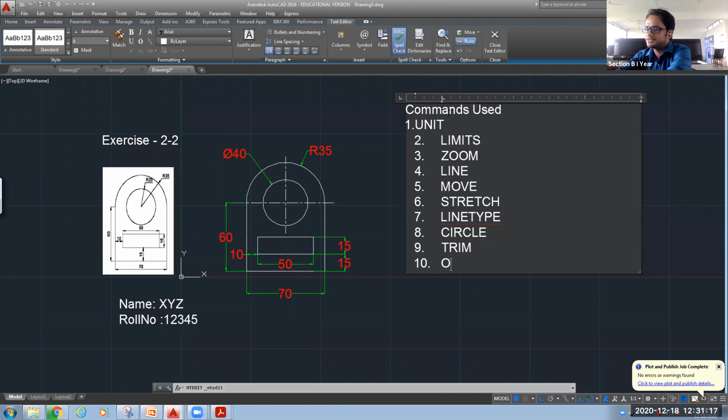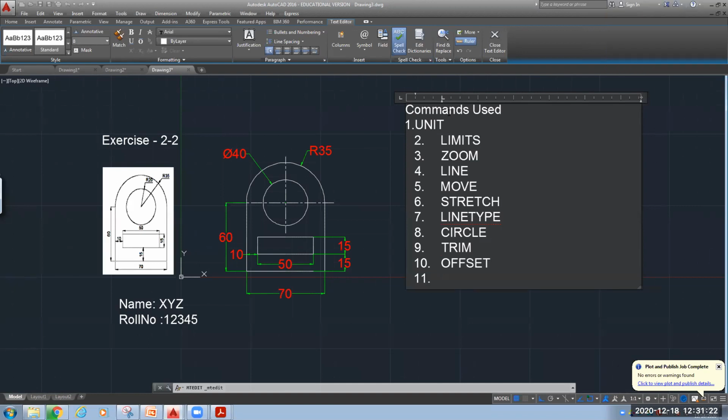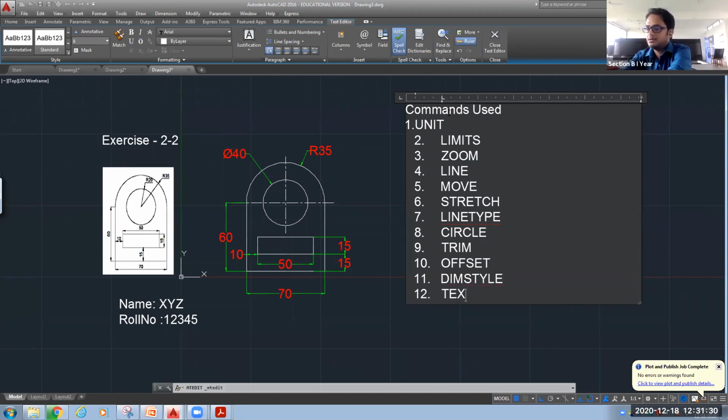So trim, then offset. After offset, students are saying dim style. Very good. Text command. Very good. Anything else? Line type. One more thing I have told you is how to use the properties of any selected entity.